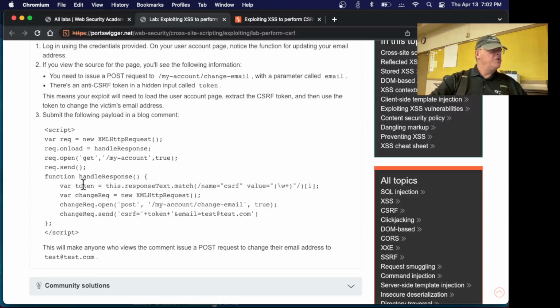So here's JavaScript. You do a new XML HTTP request. This is AJAX, essentially. This is the function where you can generate HTTP requests from JavaScript on a page. So this creates a new request, and when this page loads, it's going to call the handle response function down here. And so this is going to get the My Account page and send that. The token is going to look for CSRF on the page to find the CSRF token, and then it's going to make another